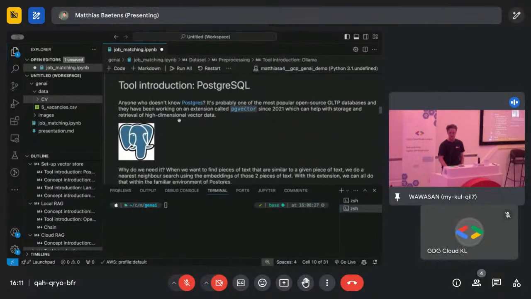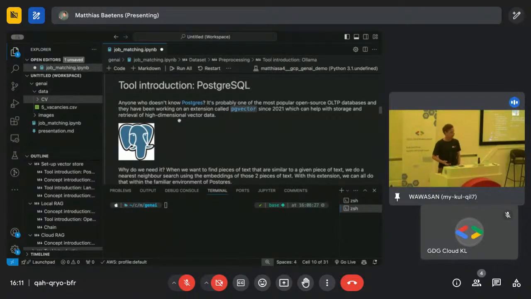So the tool I want to introduce, and we saw vector search before. I think, like Feng also already mentioned, that there's other options. There's plenty of options. I mentioned Pinecone, there's Chroma, there is Elasticsearch. Basically everybody claims to be a vector database nowadays. But one of them I think is